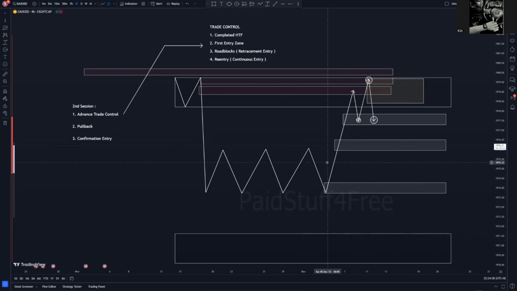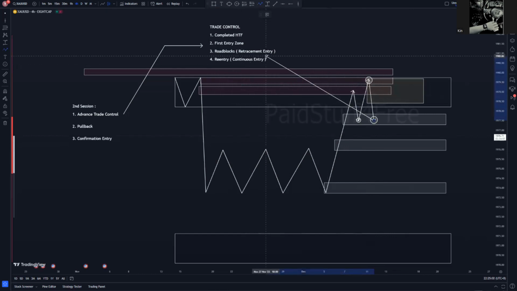So we can take a buy if inside of this buy zone there is a confirmation entry, but we still need to understand where the price is really going. Right now, because we already have the pattern of the first one, which is the completed higher time frame, we are going to focus on the sell. We can take a buy, but just for a retracement entry. So when the price goes up and gets into the sell zone,